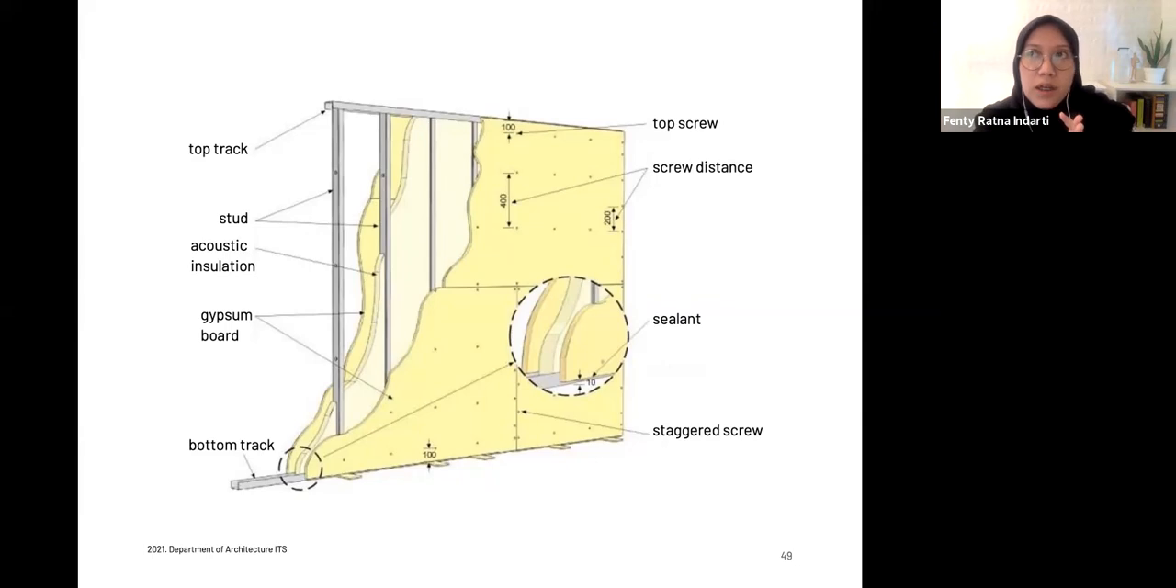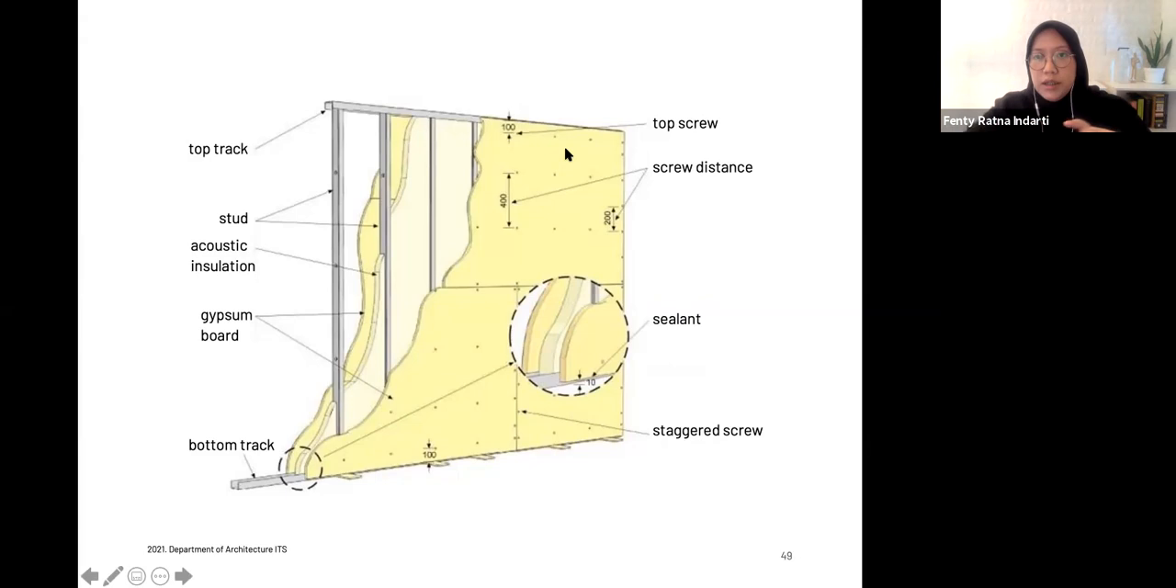It's not a must, but if you have any concern about privacy, then I believe it is important and a must to add acoustic insulation. And then on the outside, you add a gypsum board to act as the finishing, and it becomes the wall. As you can see here,